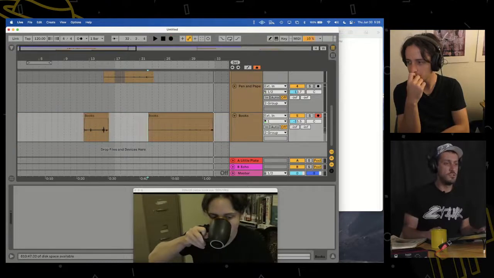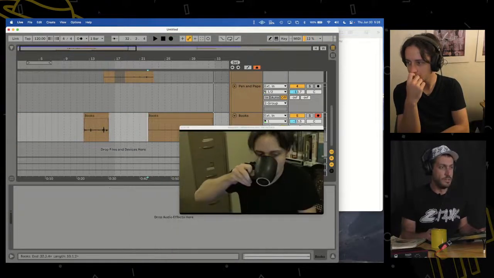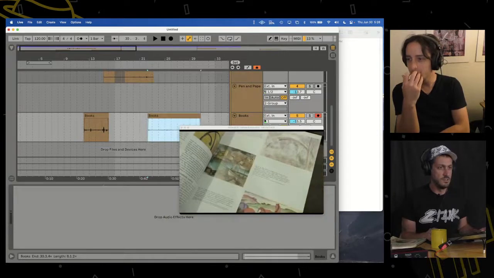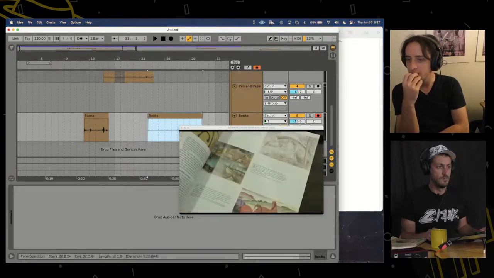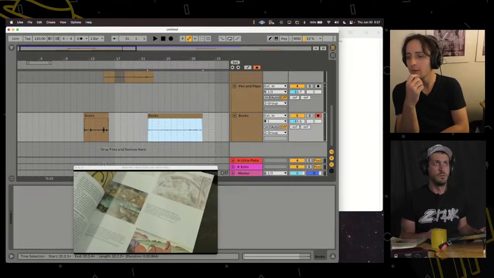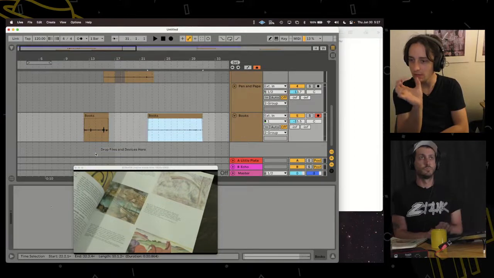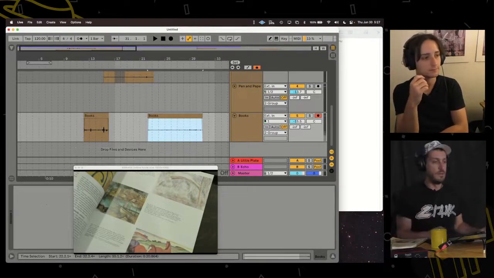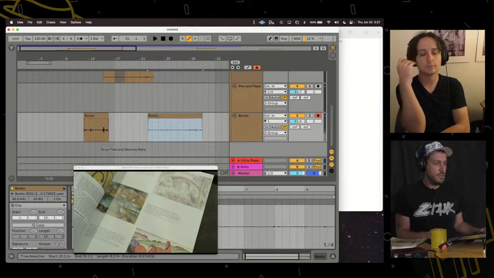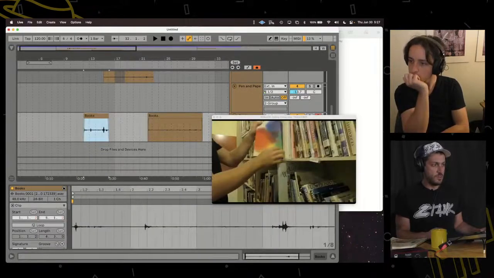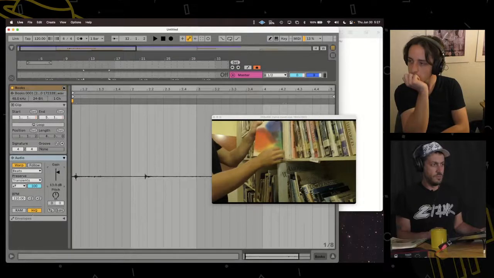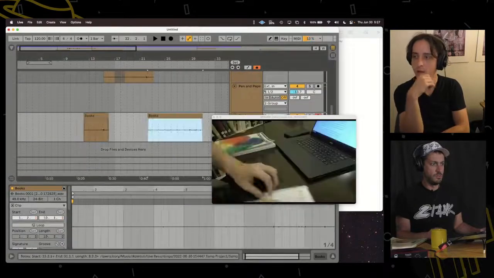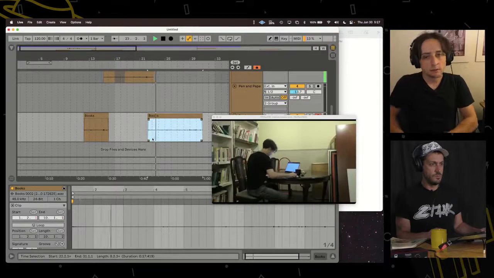That's an interesting spot where you're in the middle of interacting with it and it just cuts. Would you consider the camera distance from the object as well? Oh yeah. If you're closer to the book, the page flipping should be a little bit louder than if you were across the room. Yeah, totally. And because I had to crank this one up so much to get it where I wanted it, it's going to bring up the room tone with it too. So we'll see if this does something weird.